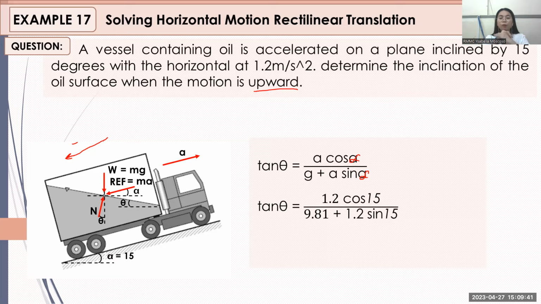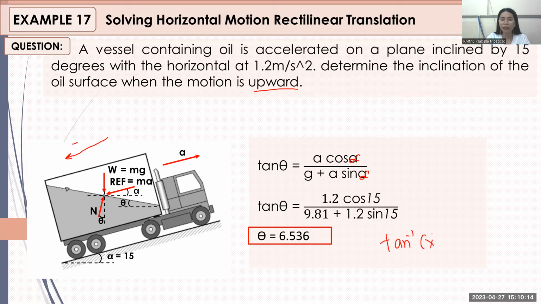Okay, so that is 1.2 cosine of 15 divided by 9.81 plus 1.2 sine of 15. And that is equals to 6.536 degrees. Okay, so subukan nyo na lang sa calculator ninyo, no, if that is the value na nakukuha niyo. Okay, so pwede naman shift solve, okay lang, or you can use the arctan. No, kapag nag-arctan kayo, no, nakita ko kasi sa iba, nag-arctan